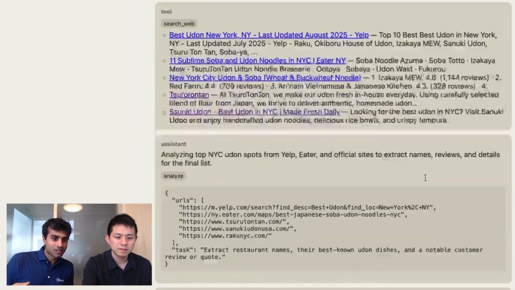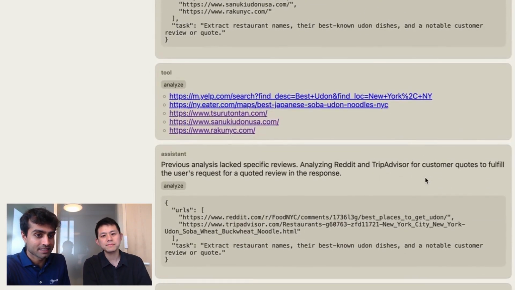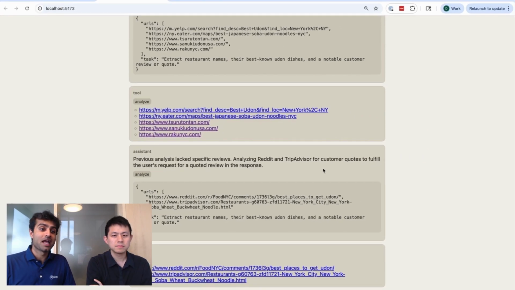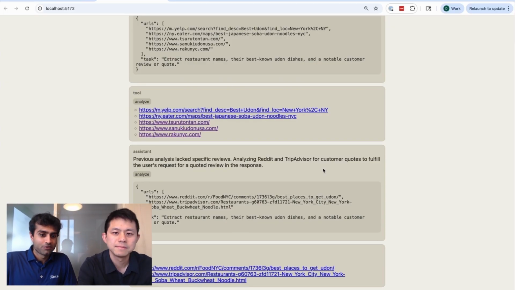Now, let's take a look at some of the URLs we have on here. You'll notice that in this last call, Reka Research referenced both Reddit and TripAdvisor. Let's say you really wanted to prioritize TripAdvisor as a good domain or a good source of truth for Reka Research to use. We also have a switch in our API that allows you to enforce this. So if we go back to the code,